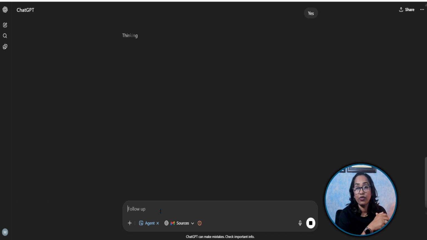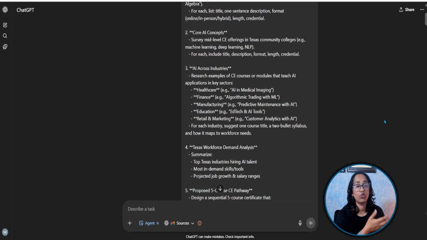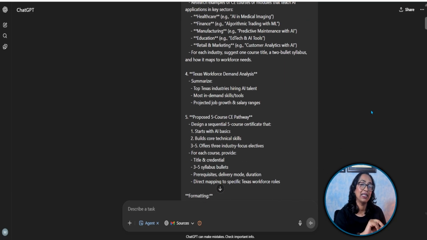I'm really starting to wonder if we are in the AGI era, because all I did was give it a prompt and this automatically does the due diligence, gives me the complete whole 9 yards, and all I have to do is fill in my information and boom, my booking is done. Now let's take a look at the second example, which is creating a detailed analysis of AI continuing education classes